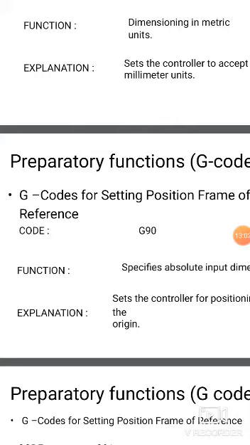The datum position is the zero position.